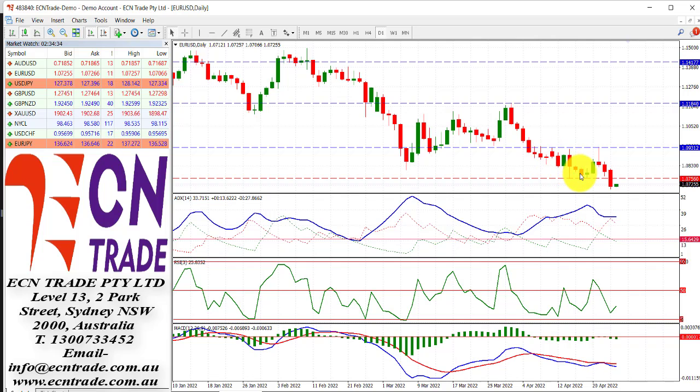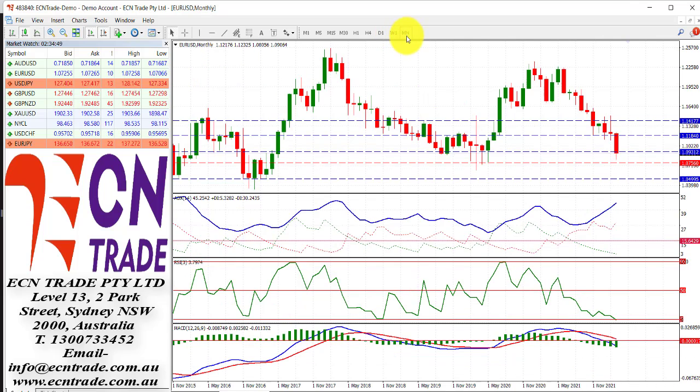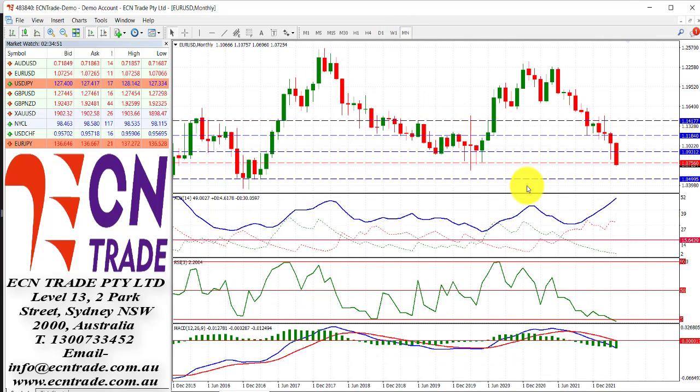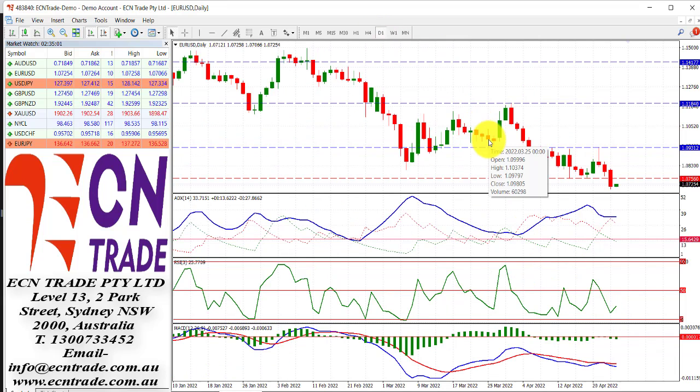The euro has crushed through the level of 107.50 and now puts speculation that we could see further downside tests. But that being said, we can see there is a bit of bullish divergence coming again back in the RSI. Still, we've got to look at the weeklies or maybe even the monthlies, and the fact is there is little support until 105. The ADX from the broader picture is very strong for the bear trend, and the fact is we are extremely oversold, so it's a little bit hard to get too excited about the bear case. Nevertheless, it's reached my target of 107.50, and let's see how the market plays it to the start of this week.